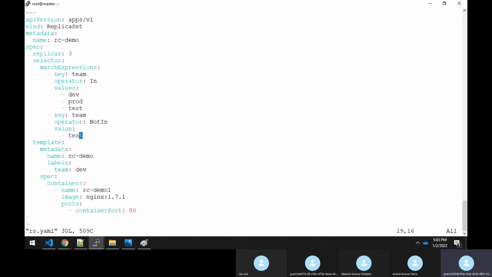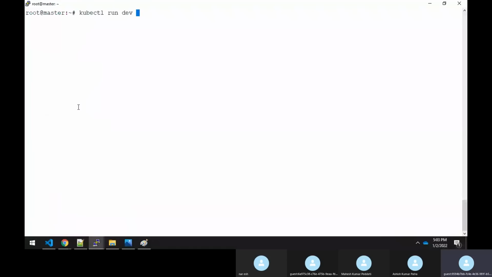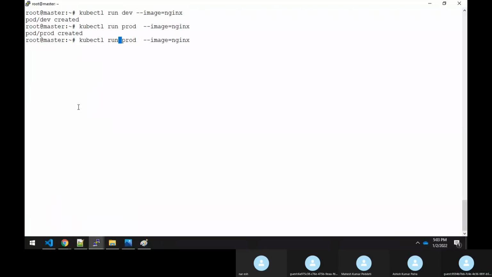Let me create the pods with the same names, dev, prod, test. kubectl run dev --image=nginx. kubectl run prod --image=nginx. Same thing here.